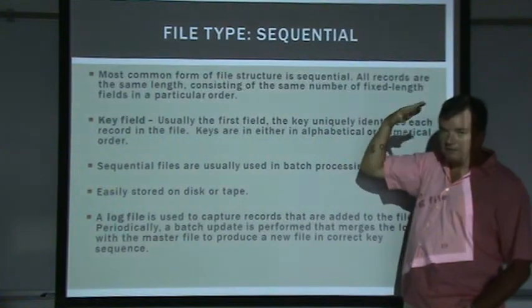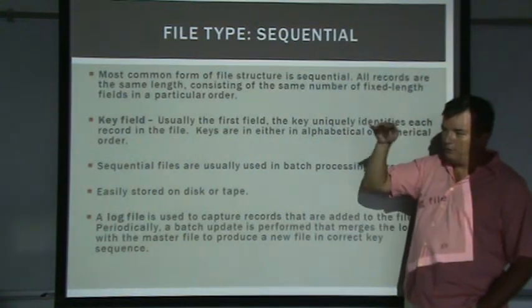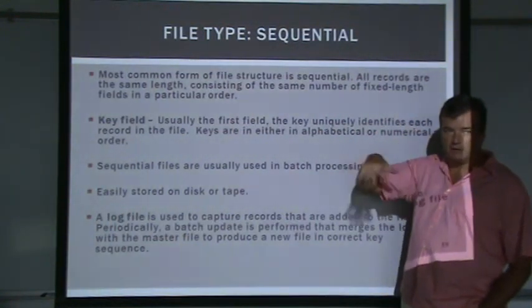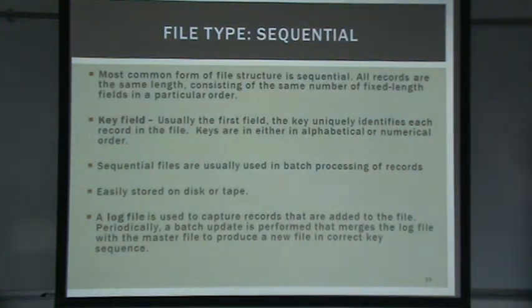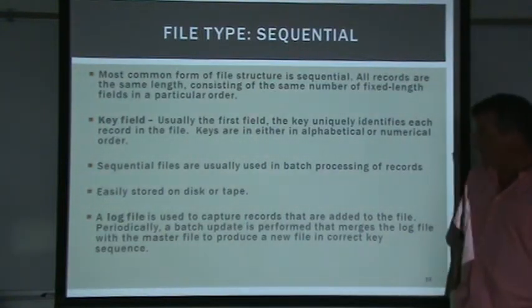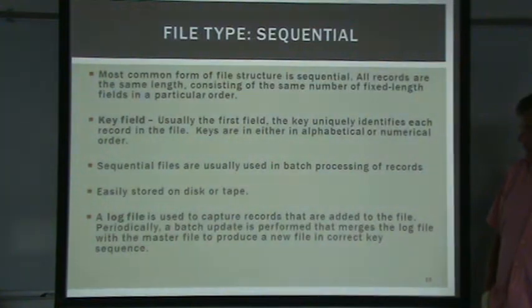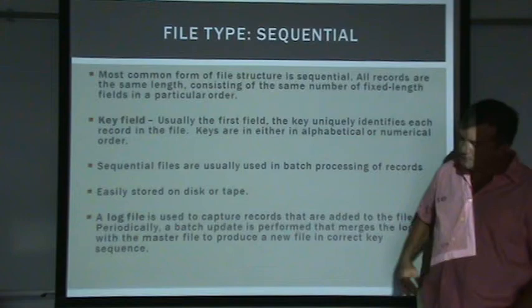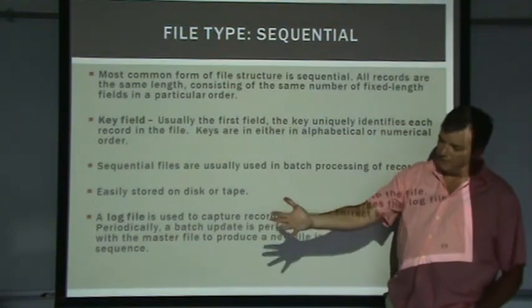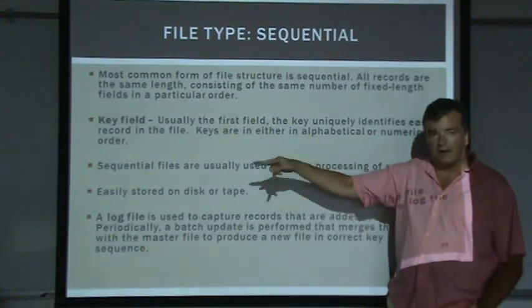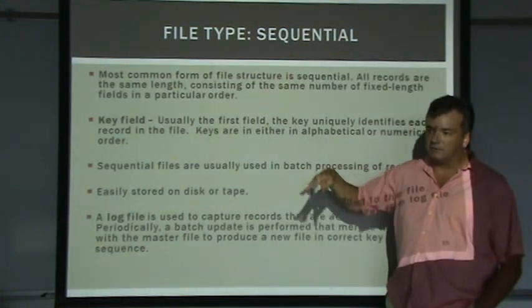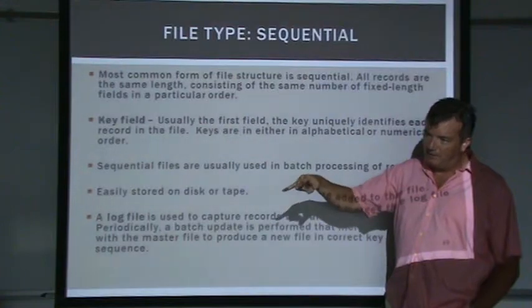Sequential is from the mindset of the person who's created the file. Where you place it on the disk, the operating system can cut it up and scatter it all around, but it has to gather it back together as a sequential file. So these sequential files are usually used in batch processing, and they're easy to store on disk and tape. And then the question is, if people are making changes to it, let's say you were to bring a sequential file off the disk drive into main memory and start making changes to it and have to write it back, you pretty much have to write everything back. All the sections that you've added would be changed.